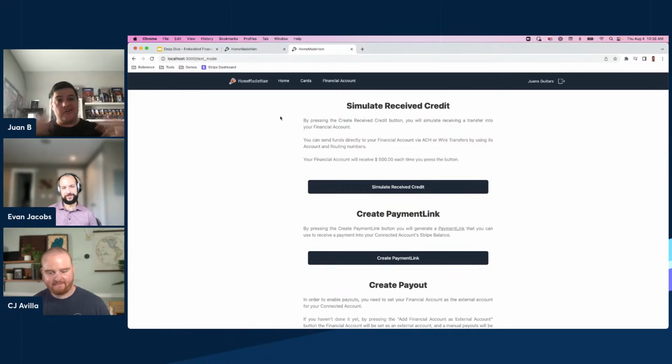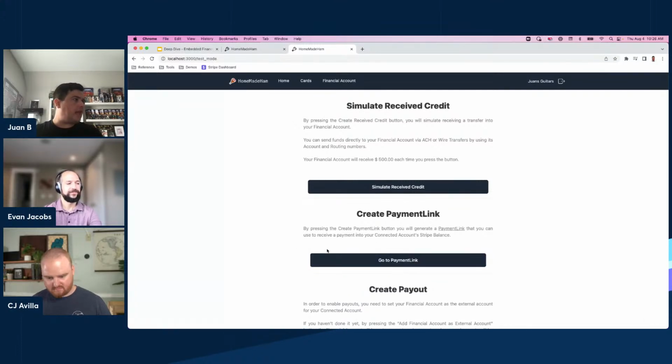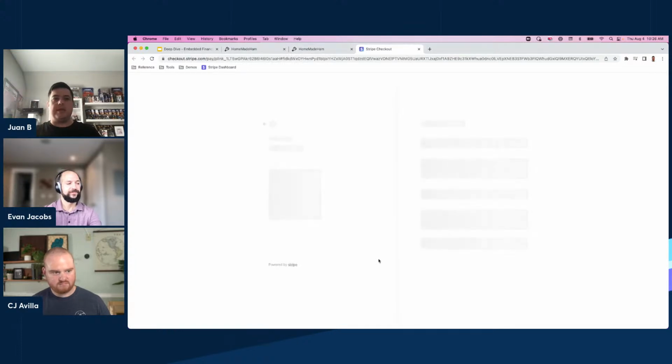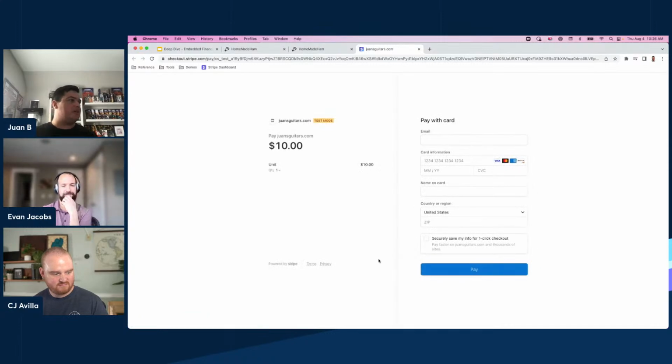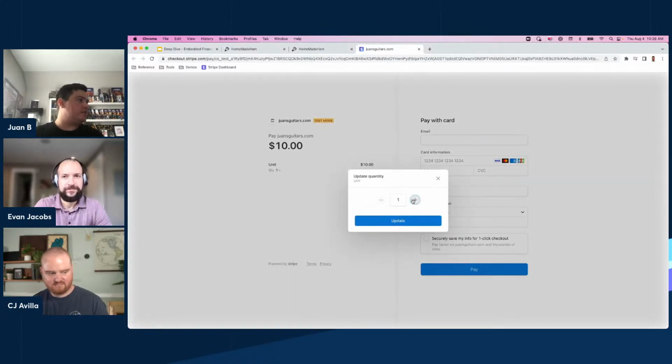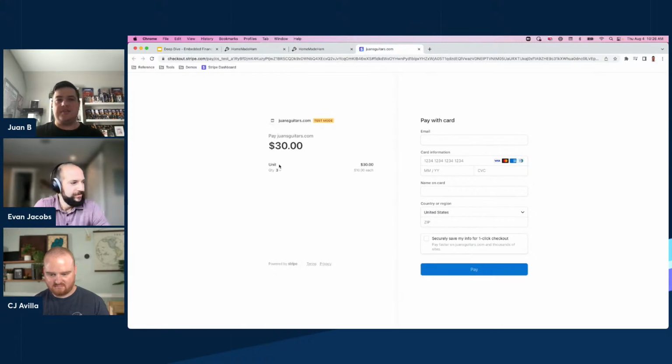So we're going to use another Stripe tool, which is create a payment link, that essentially will give us a website where we can enter our payment information and get charged. So in this case, I will click create a payment link, and I will then go to the payment link where I have a predefined product that's $10. So in this case, we're going to do $30. This could be guitar strings, the most expensive guitar strings ever, but hey, it's in there. We're going to make our friend Test pay for this,